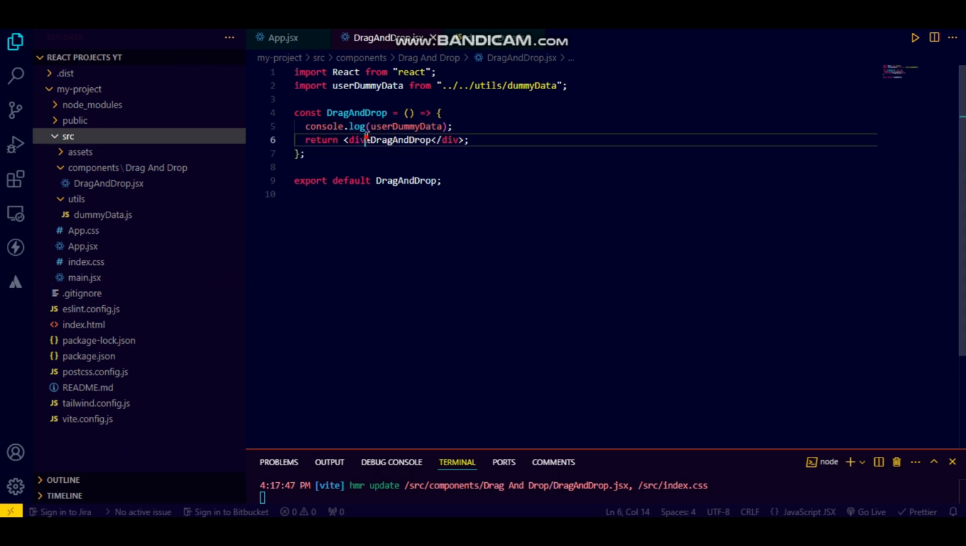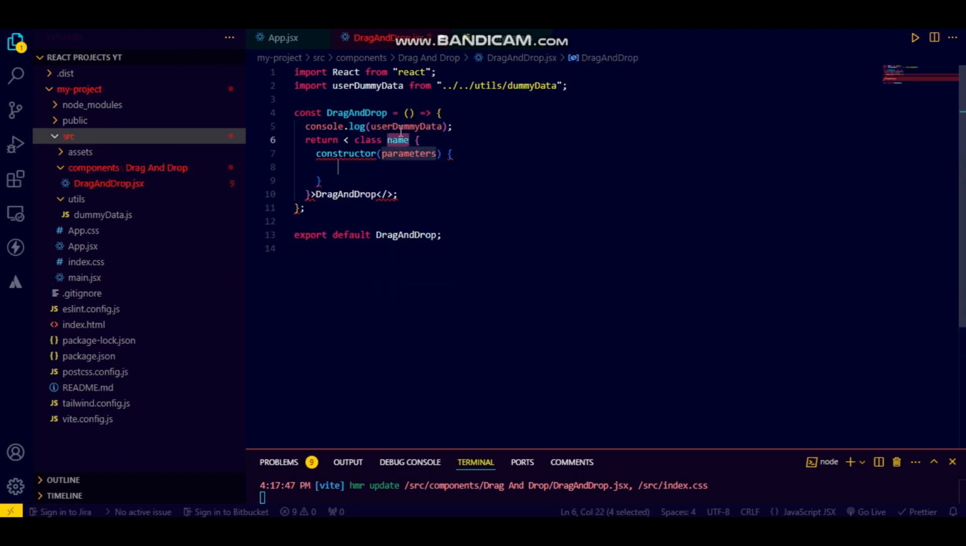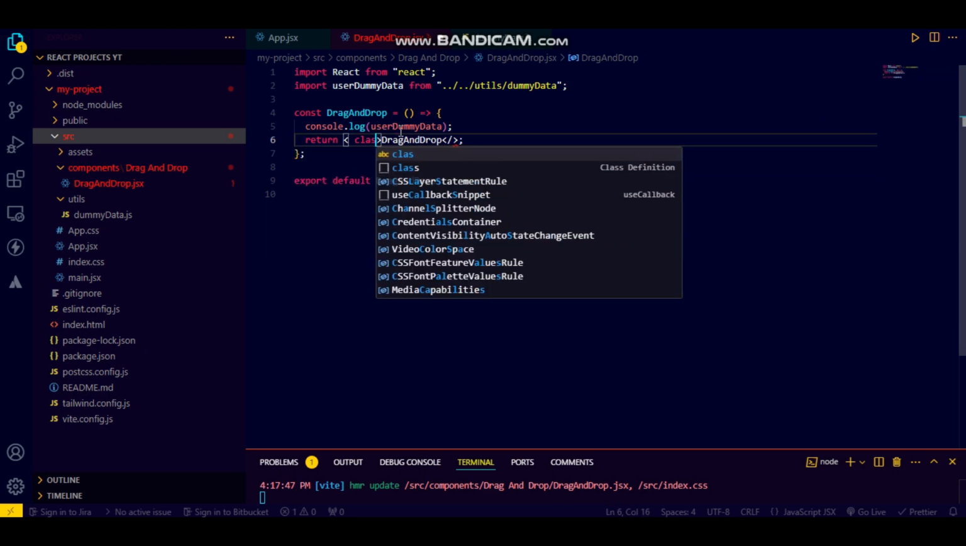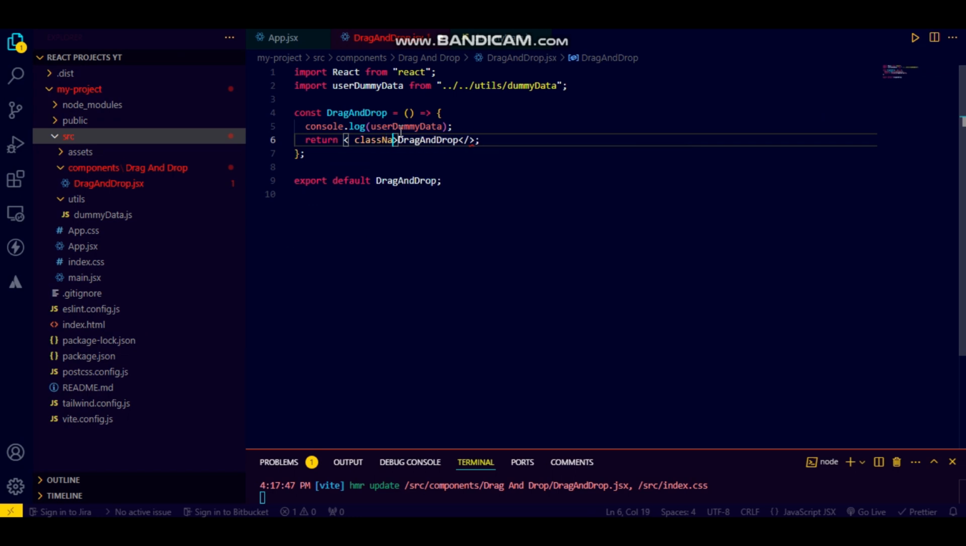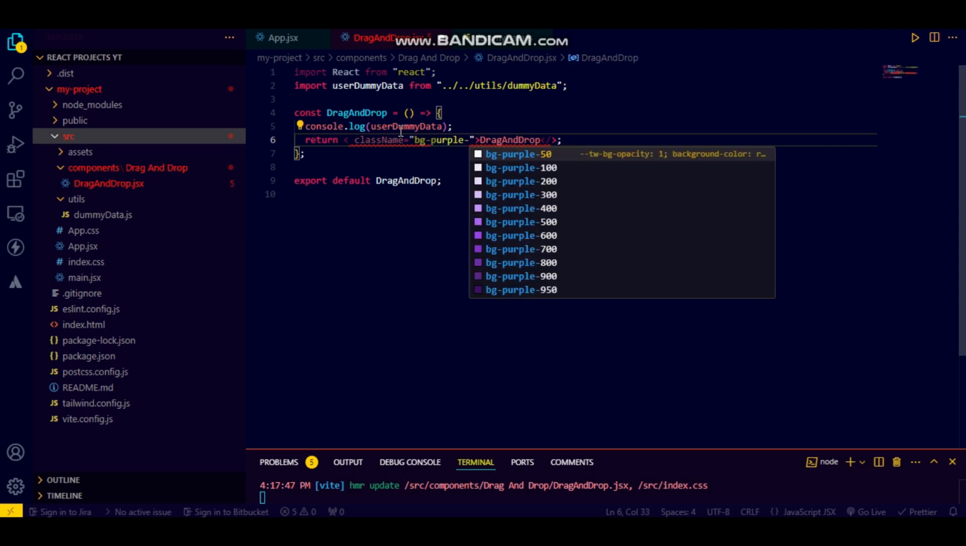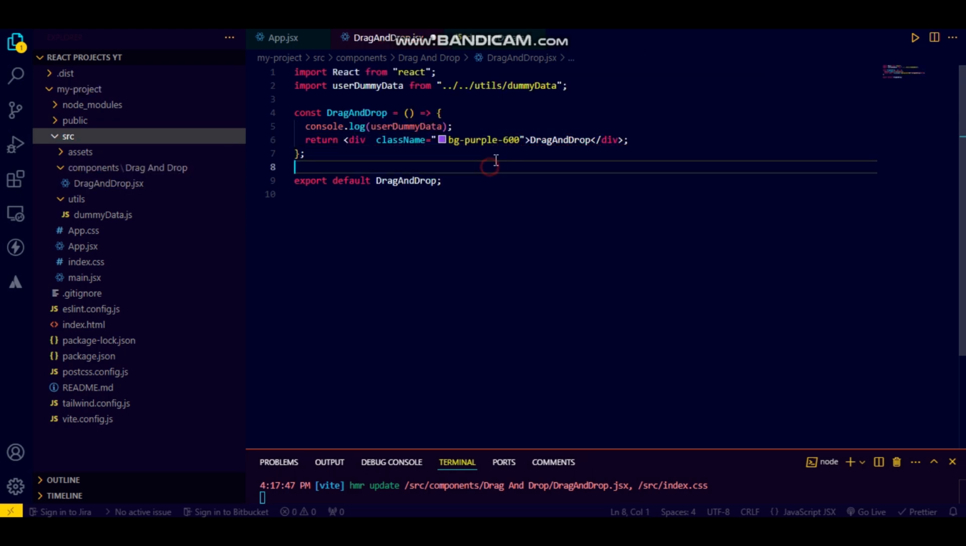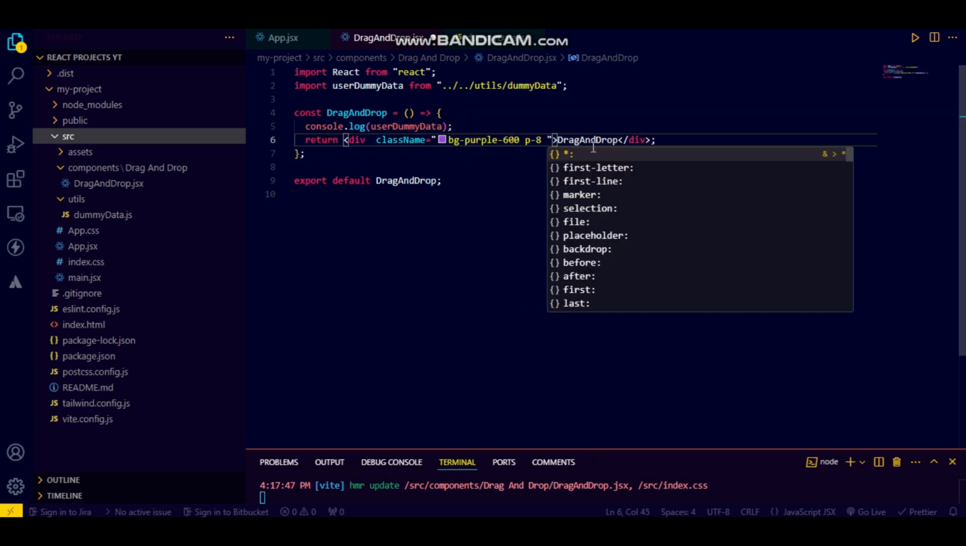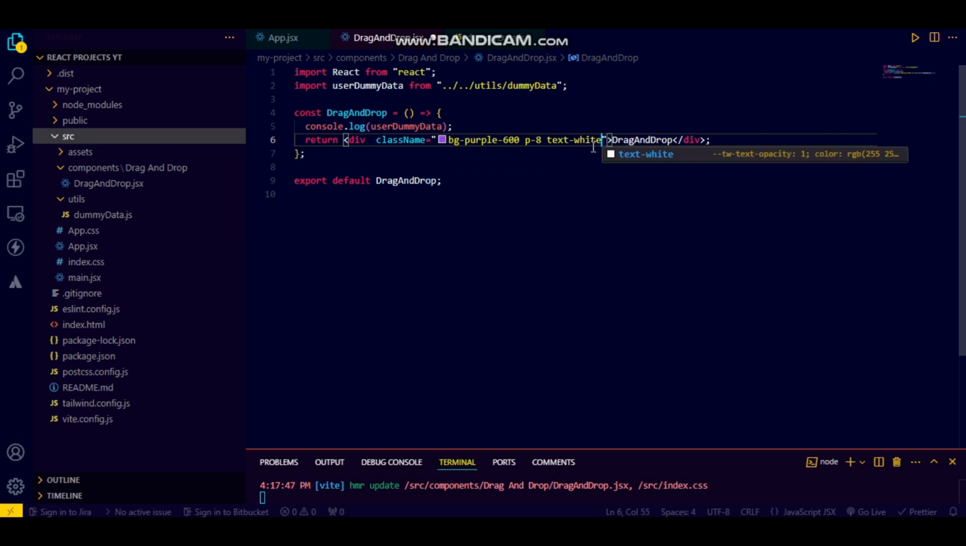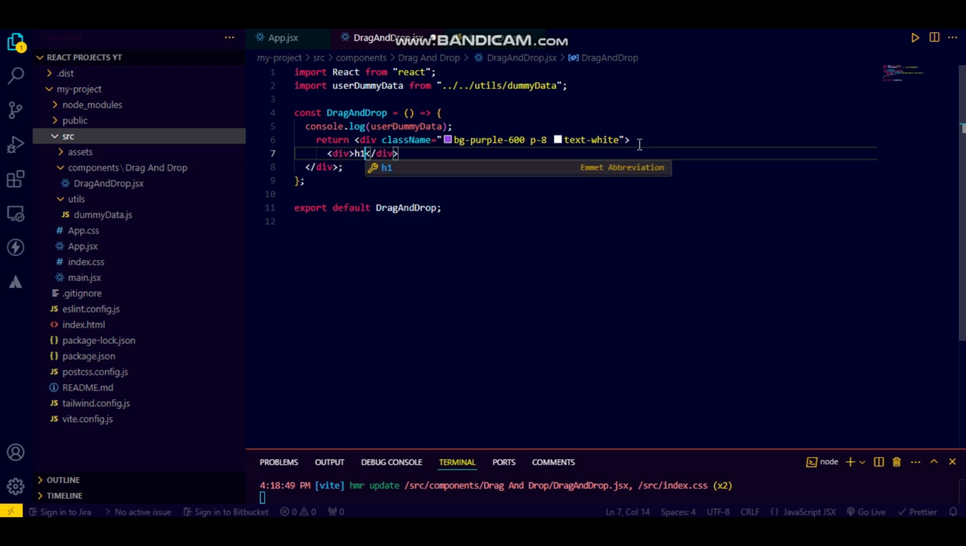So first of all, let me do one thing. Class name, I just want to have a class name. As you can see, class name. I just want to have a background purple of somewhat like a 600. And okay, so it's somewhat like a div first. Okay, so right now, and padding of 8 would be fine right now. Text should be white. Okay, and I just want to create one div, and inside that div I want to